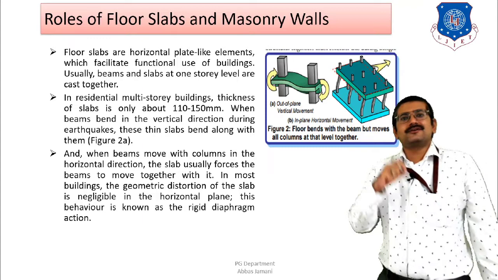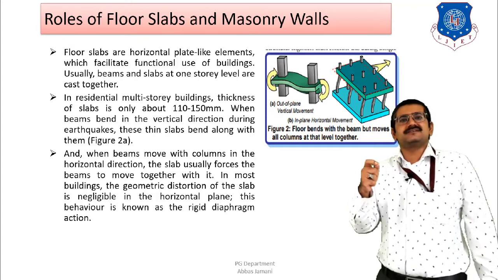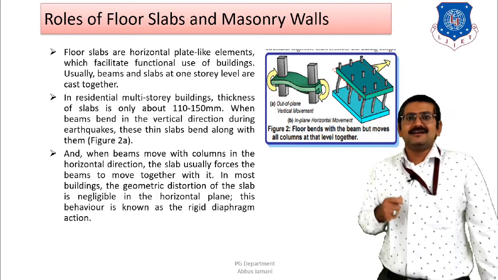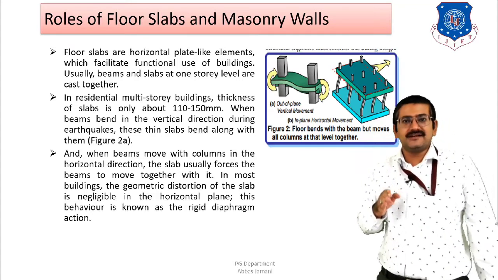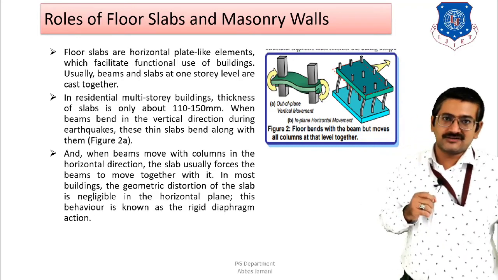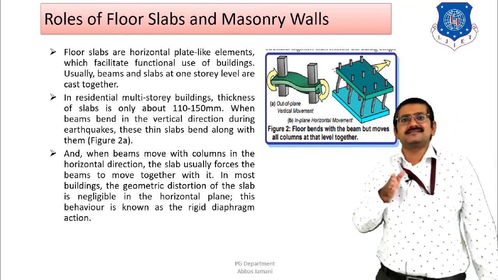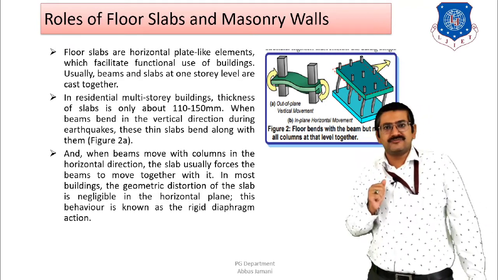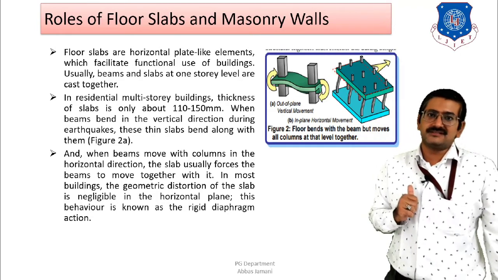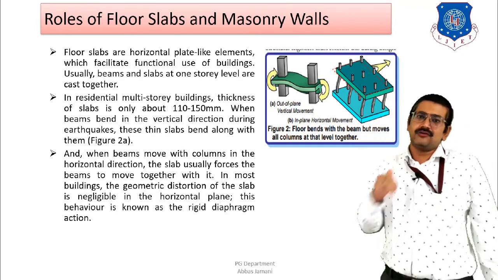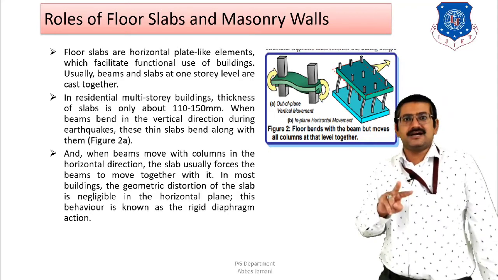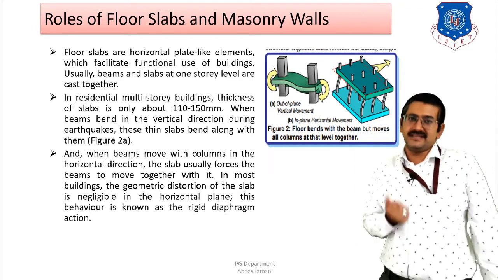And if you go back to our earlier lectures where we discussed out of plane bending and in plane bending, then we can say that the force or the deflection that acts along the larger dimension of the element, that is along the length of the slab, is in the in plane direction, and if it acts perpendicular to the slab or the cross section of the slab, then it is known as the out of plane direction. Right? So two types of behavior are discussed for slab. First is the out of plane behavior, second is known as the in plane behavior.